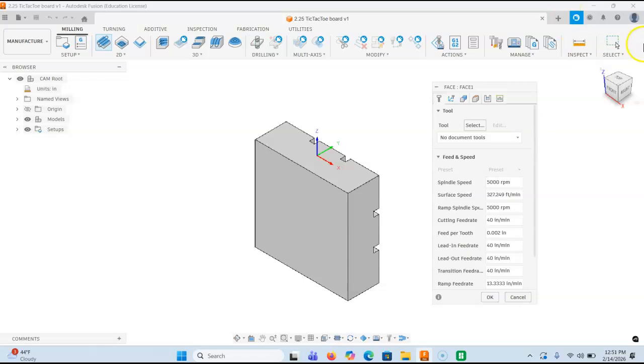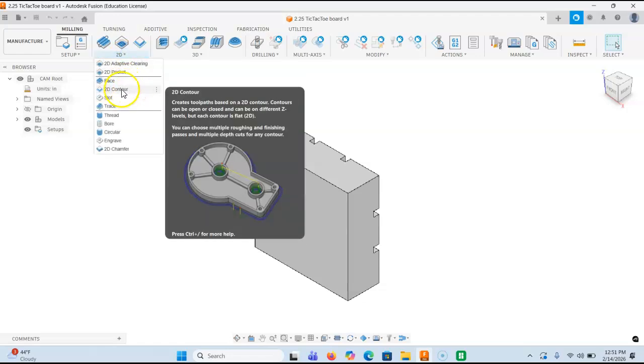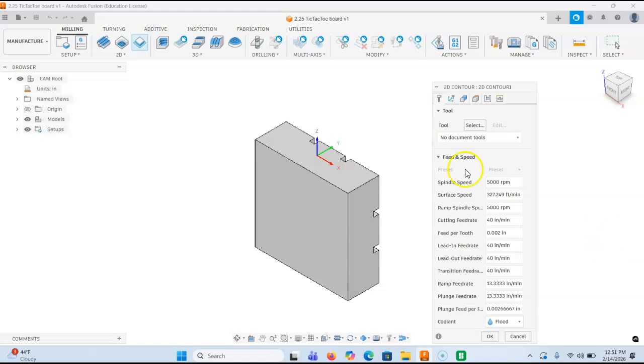So that's kind of what we're looking at in terms of facing. We'll talk more about the tools and all the feeds and selections and what's going on over here a little bit later when we get into that in more detail. The next operation that we're going to talk about is the 2D contouring. So here's our 2D contouring